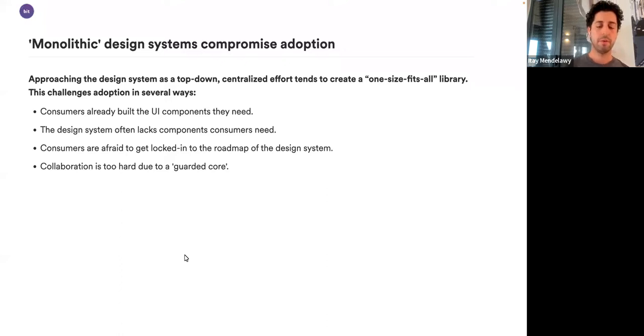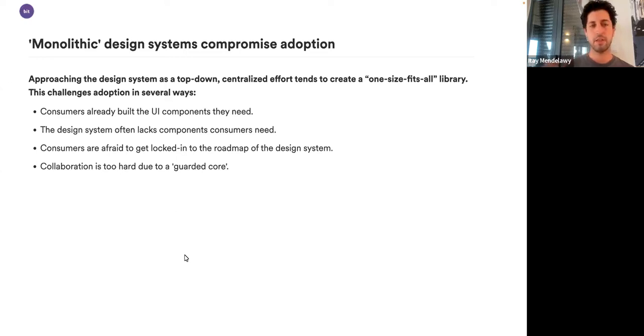The reason is that we approach a design system the same way we approach any other project, as a top-down centralized effort to build or implement this thing that we were given as a product or as a feature. It creates challenges for adoption in several ways.